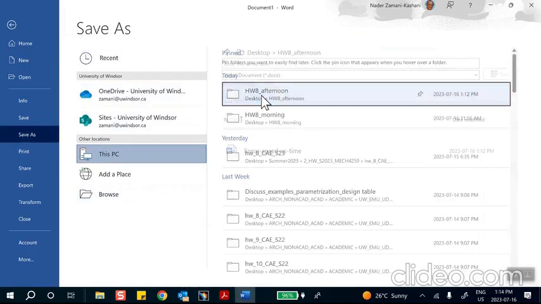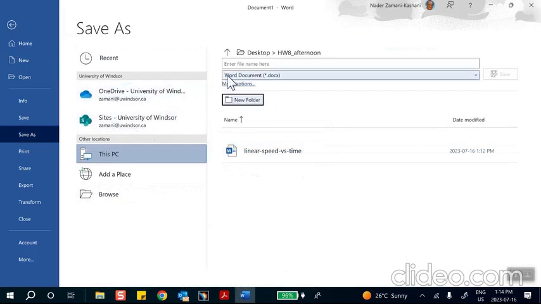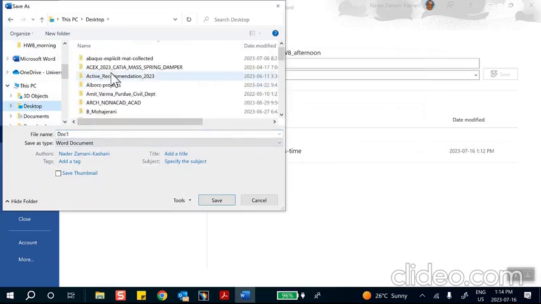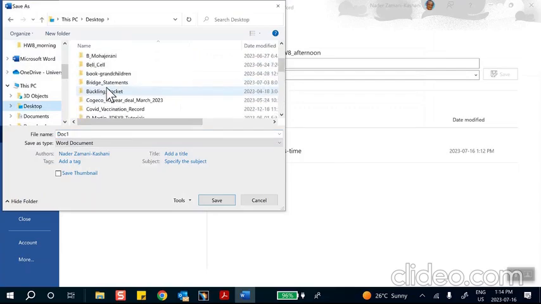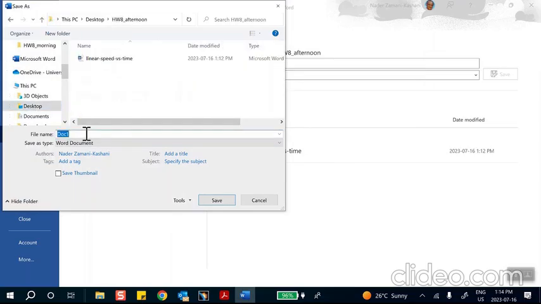That folder afternoon, it was right here. No, not new folder. I don't want a new folder. Let me go browse. Desktop. Homework 8 afternoon, right? Where is it? Right there. And I call this thing